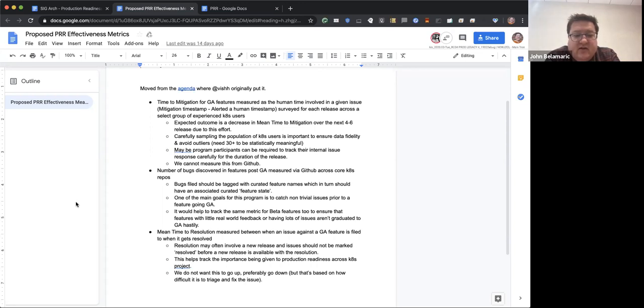The thing I guess I would want to do, in order to make it more meaningful, is there would need to be a cleaning process for these issues, because there's a lot of issues that wouldn't be things we expect to catch, that aren't really production readiness related, but maybe like, this feature doesn't work the way I expect, which is a design issue, or